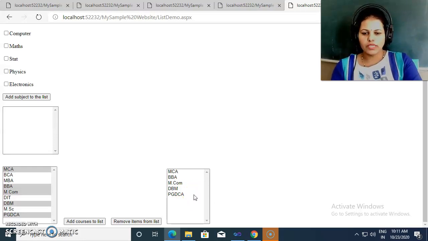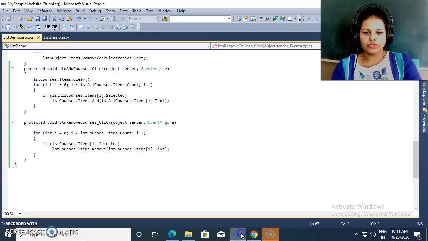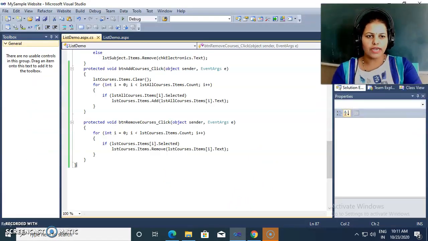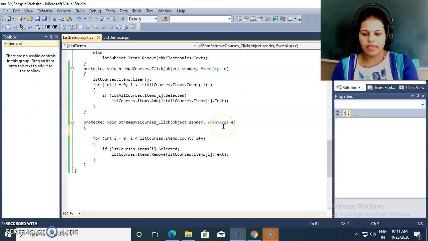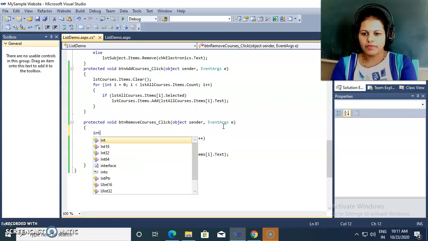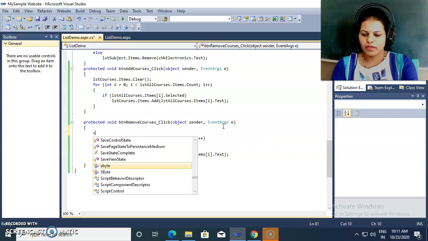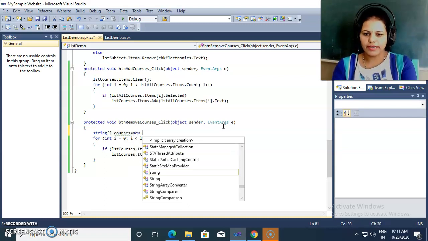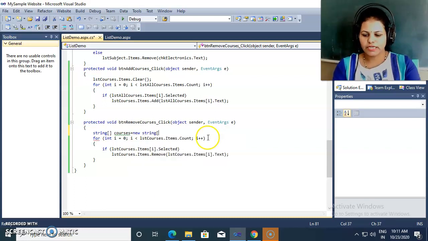So to remove this problem, we need to change some functionality. What I am doing here is taking one string array, courses, and I am initializing it with the size of the list items, whatever items are inside this list.